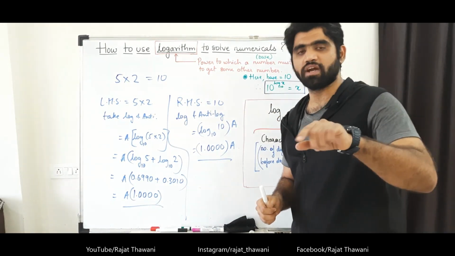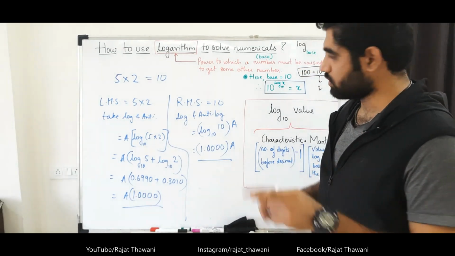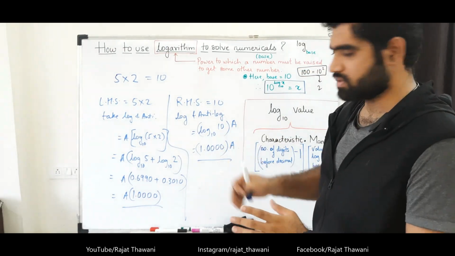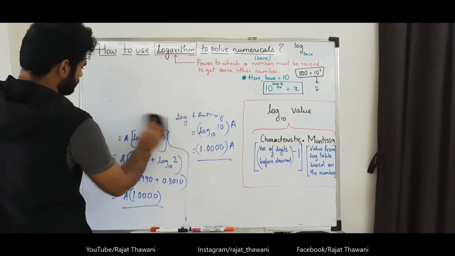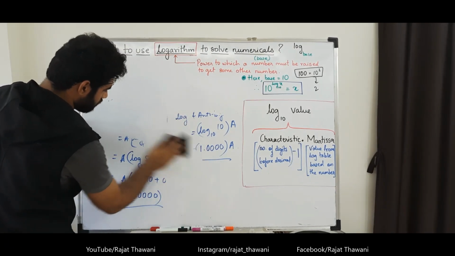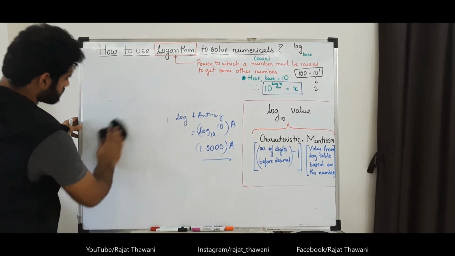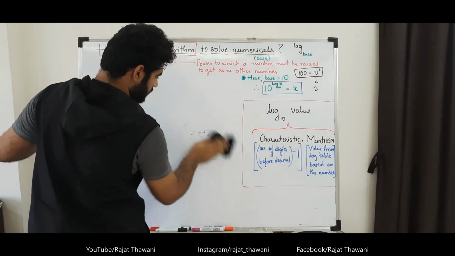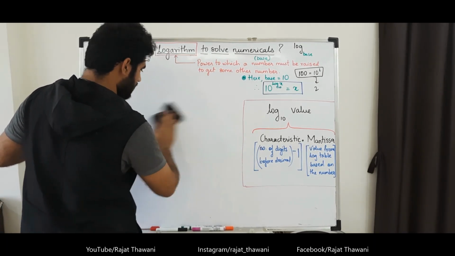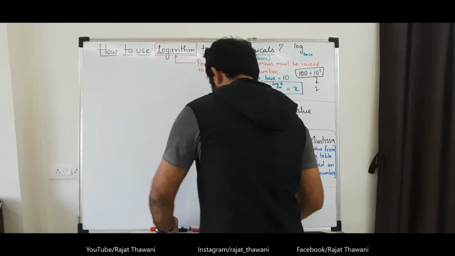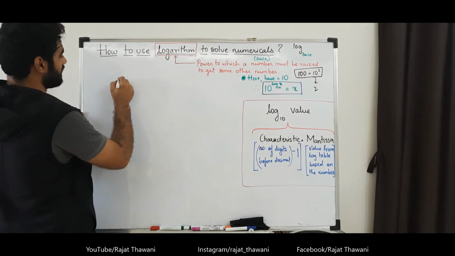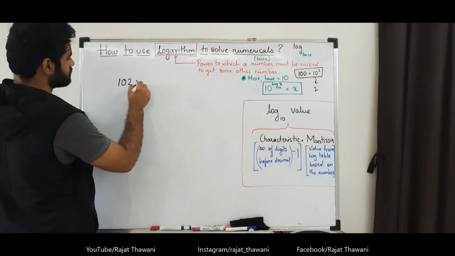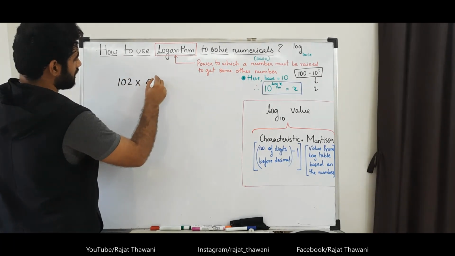Similarly, you can find it for the second and third. That is your homework. You can do it for the second and third, and you will get the same values. Therefore, let's go for some numerical now. I'll just take a smaller numerical and stop for now. Maybe in the next video, if you all request me to take some specific numerical, we can take that too. So now, for example, I have a numerical in which I need to multiply 102 into 5 square.